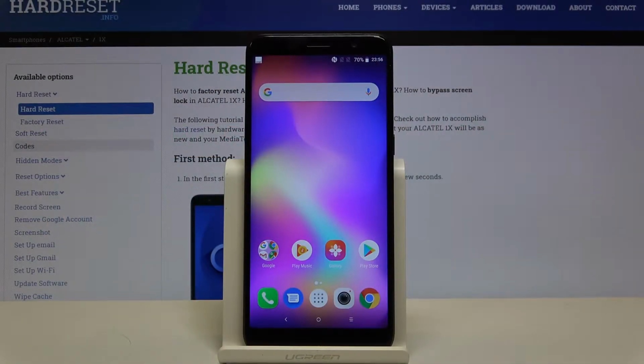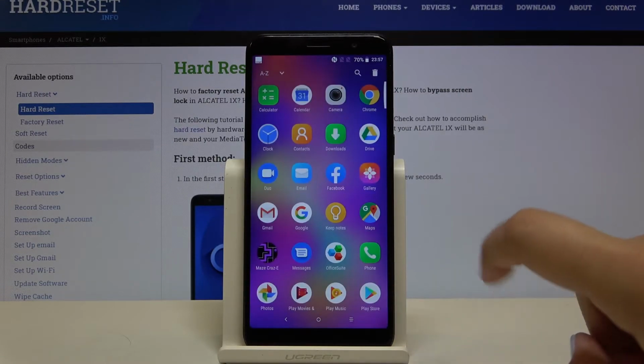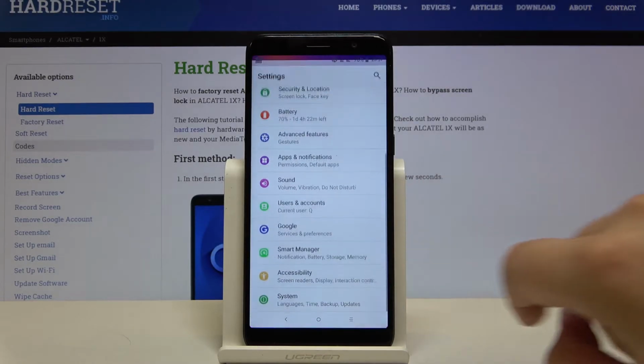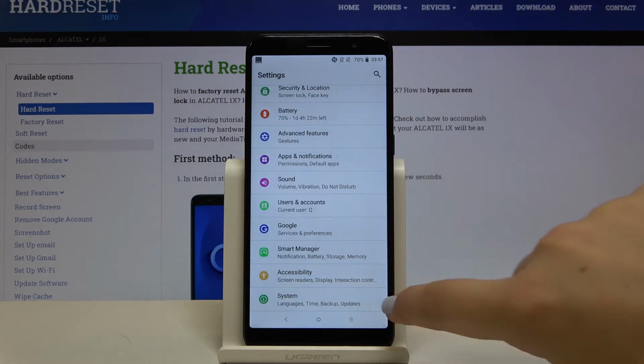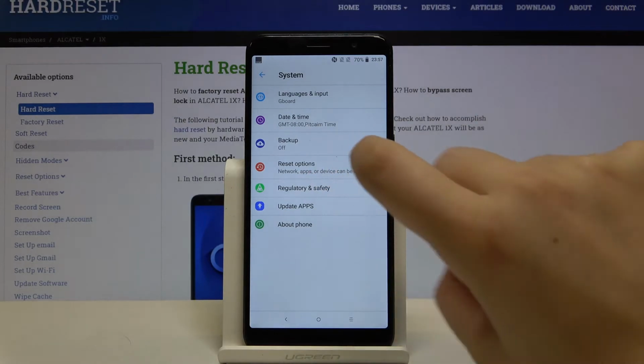Hi everyone, here we've got ALCATEL One X, and let me show you how to reset network preferences on this device. So first of all, let's open the list of apps and let's scroll to find the settings. Here let's scroll down to the very bottom and choose the system, and here we've got reset options, so let's